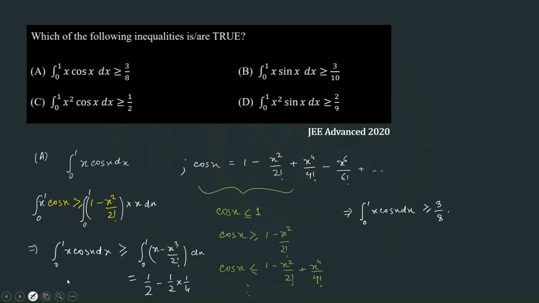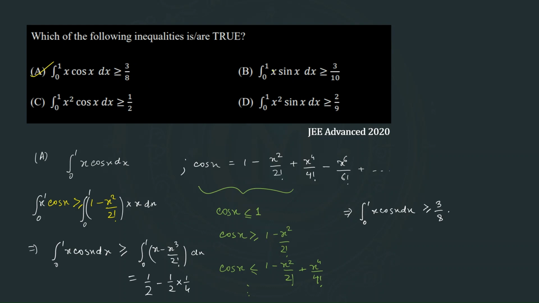So option A is definitely true. Now we need to check other options. So for option B, if we check similarly, it is saying integral 0 to 1 x sin x dx is greater than or equal to 3 by 10. That means if we check for this,